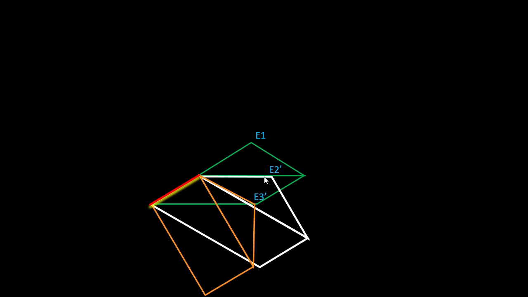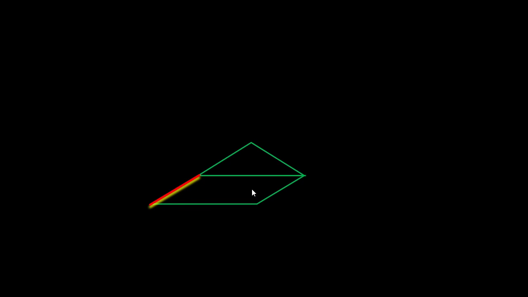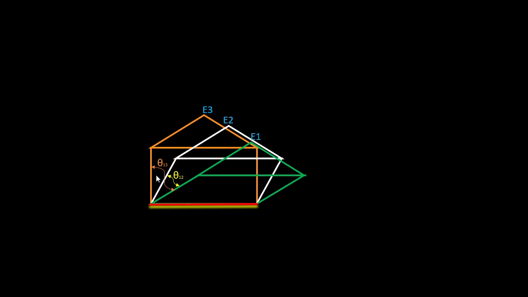Similarly, the third position also you have rotated by theta 13 angle. Now the new position is called E3 dash. So E2 is rotated by theta 12. Why? We have rotated only this link. Why are you saying that this link also is rotated by the same angle? Yes, there is geometry involved in this.